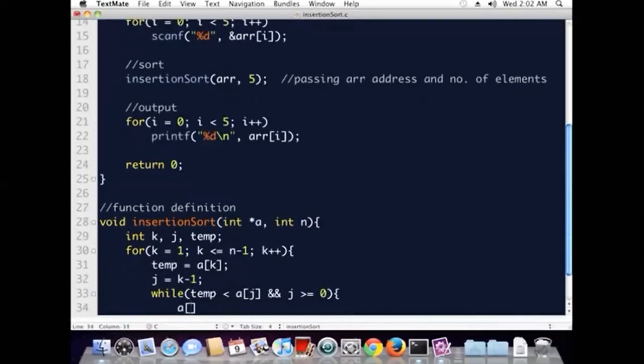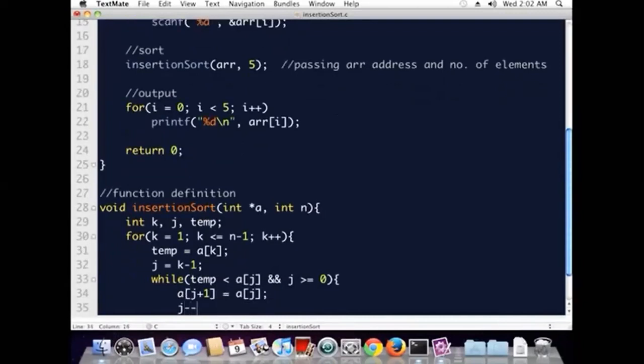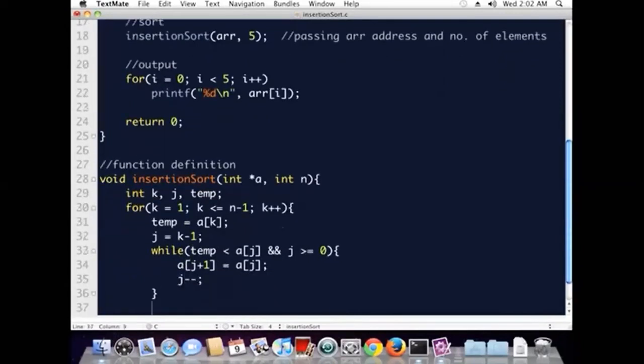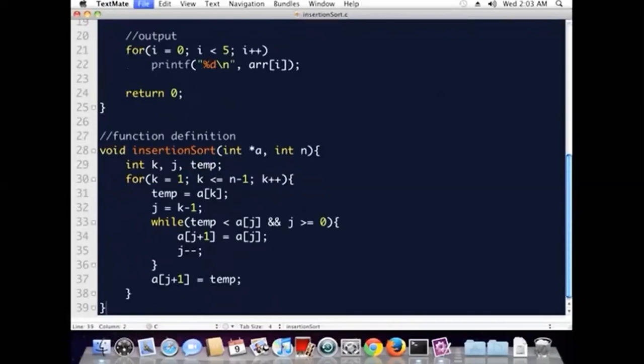If it is, then I move that greater element towards the right, continuing till the 0th position. Later, when the condition becomes false, only then can we put the temporary variable value, because we have found the correct position, right?